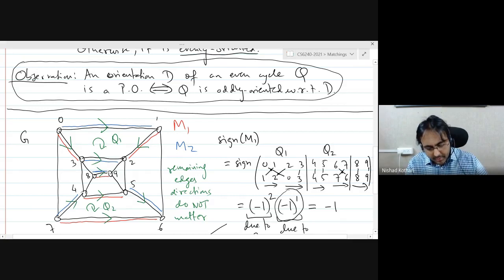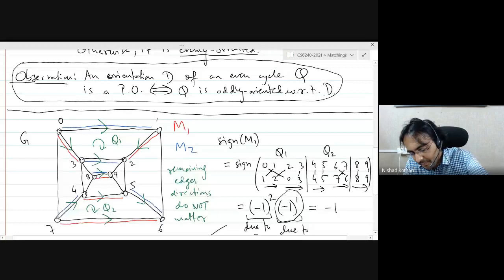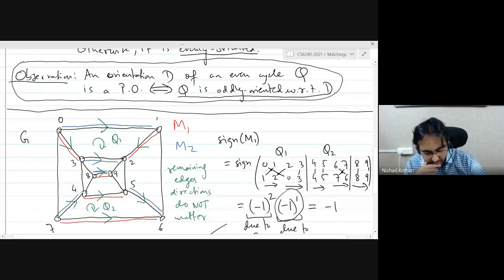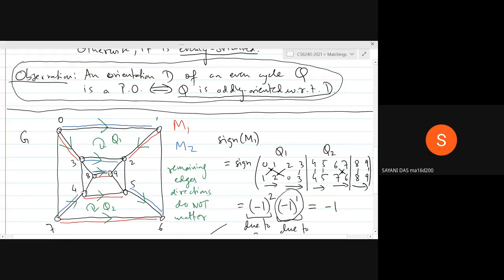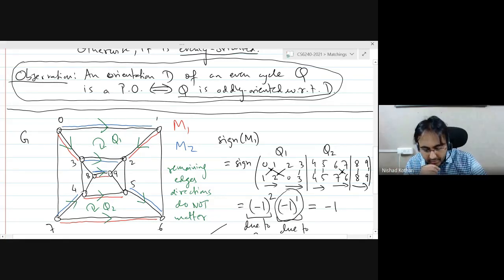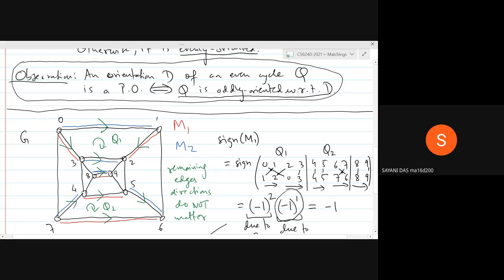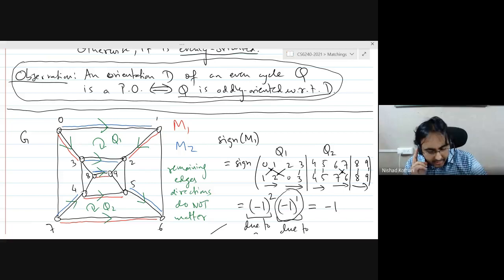I want you to think of it in terms of the previous observation. What you pointed out does not seem to be the correct reason. So there are two different perfect matchings. Their symmetric differences are going to be even cycles. Right? Go ahead. Yes. So in Q1, we have like parity is same. But in Q2, parity is not same. So that is the thing. Right. So Q1 is evenly oriented and Q2 is oddly oriented. Is that what you're saying?